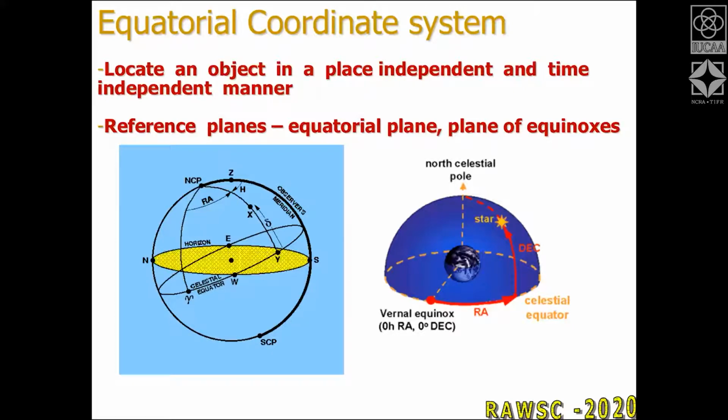It's neither going to change the first point of Aries, right? Because both these planes have been defined in a time independent way. So that is why when you use an equatorial coordinate system or right ascension or declination, you uniquely define the position of a star. So now in Pune, if I have discovered a star and I want to communicate it to my colleague in Australia or in New York, or say in West Virginia, it would be very easy for me to do because I'll just give right ascension and declination, which is place and time independent, and my colleagues will understand uniquely where the star is.